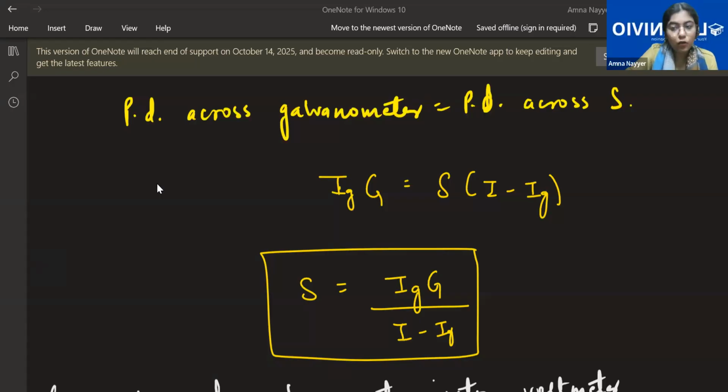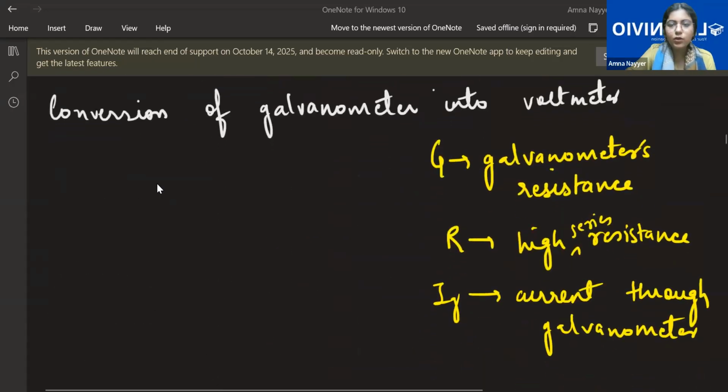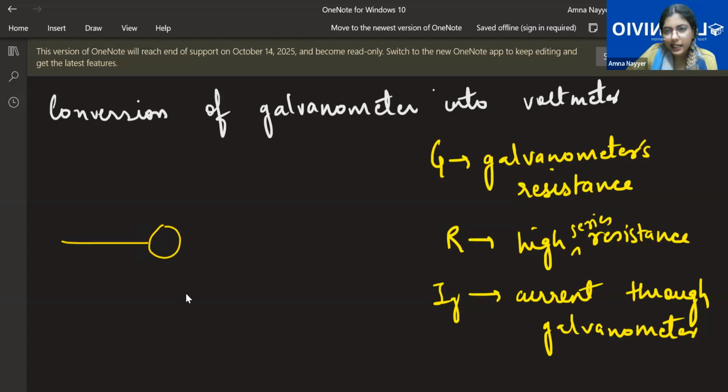Okay, coming to the voltmeter, how to convert a galvanometer into a voltmeter? Conversion basically means using the galvanometer only. How are you getting the voltage? Same thing like the current. This is never used in practical life. Why would you use a galvanometer to calculate current when you already have an ammeter? It's a theoretical concept, but it comes in the exam. In the NEET, it comes as a formula based question only.